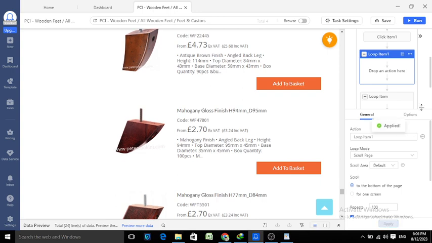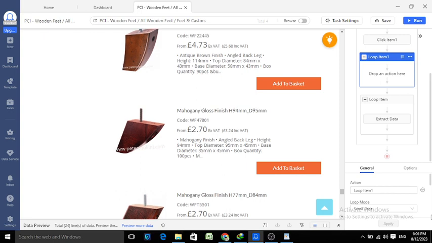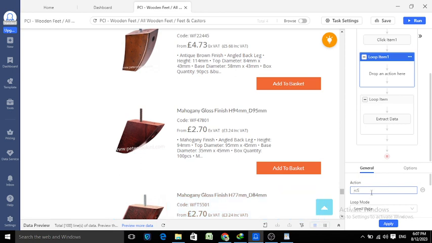So now what I have to do is drag and drop this loop action inside this scroll. This is the scroll, and I am renaming it "scroll down the page." Now I will drag and drop inside this, because it will first scrape all